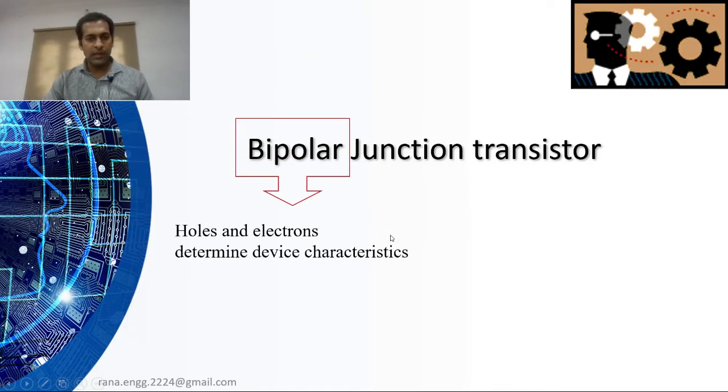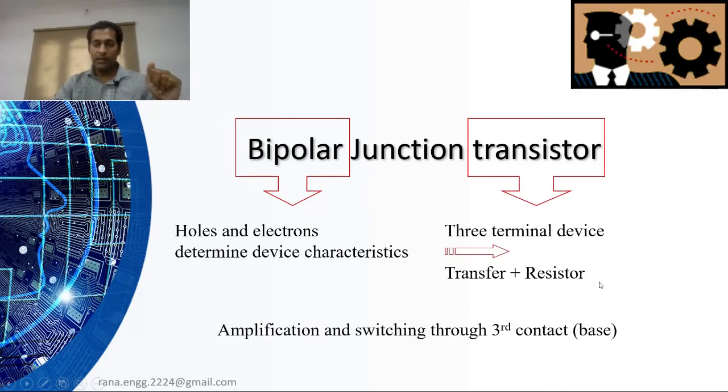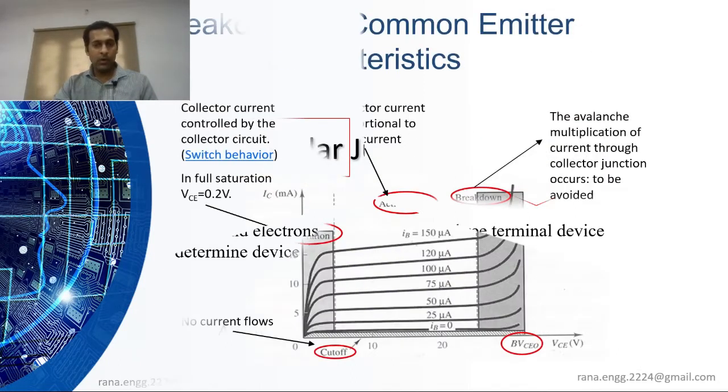Let's have a flashback. BJT is a bipolar device, that means holes and electrons, both of them decide the characteristic of the device. It is a transistor, that is a 3-terminal device. It basically relies on the transfer of resistance from the input side to the output side. We have discussed it in the topic of transistor as an amplifier. And the third terminal, that is the base, is the controlling element. We give base current to control the output characteristic in normal conditions. So this is what we are doing about transistors.